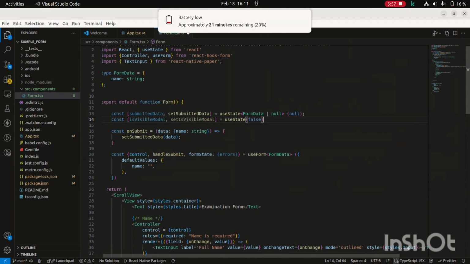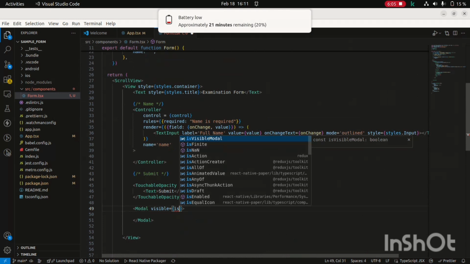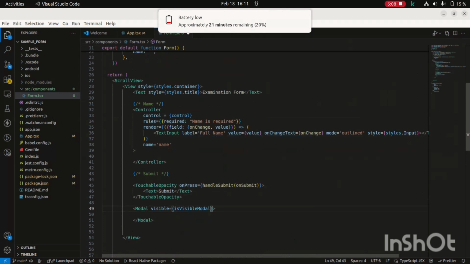Now visible would be isVisibleModal, and set it as transparent, and I want to set the animation type as slide. So when the modal comes onto the GUI, it will come sliding. Now create a view,